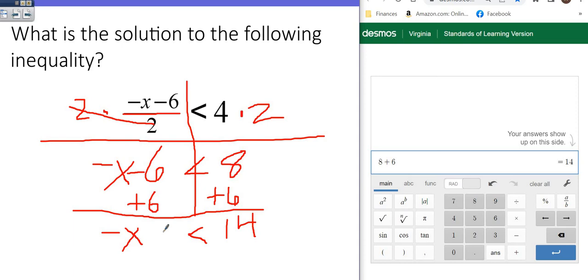Now, this is something you need to see. Do you see that negative in front of that x? That's a negative 1. The only way to get rid of it is to divide each side by a negative 1. Okay, and then I'm going to come over here and keep working. Hold on one second. I'm going to draw myself a box. So when I take negative x divided by negative 1,